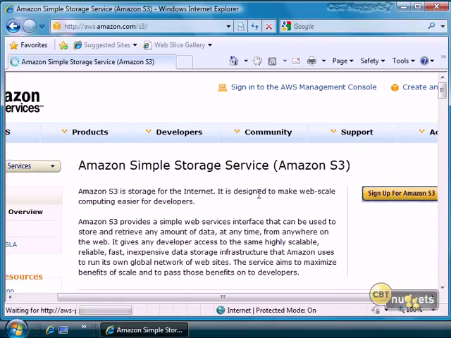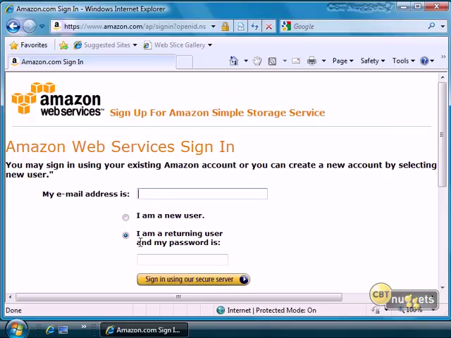When I click on this, you can, of course, sign in as a returning user if you are already a member. Some of you probably have Amazon accounts where you buy books. They'll import all of your data, like your address and the credit card you use to purchase things. So if you have a company card that you're using, no problem, just let it import it. But in this case, we're going to be a new user. I'm going to say Mr. CBT Nuggets at